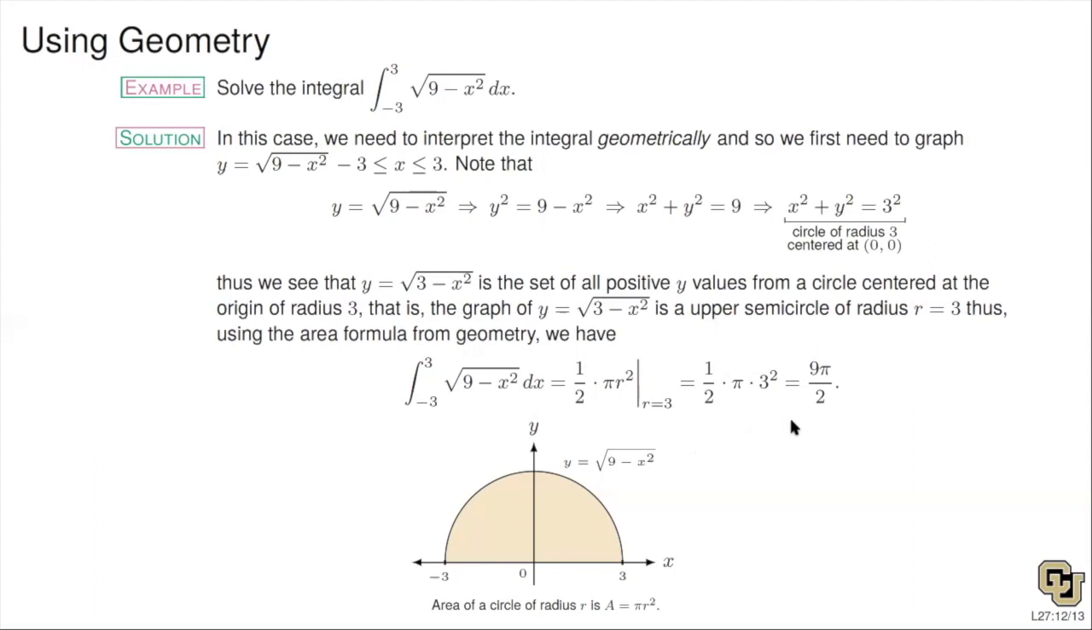So I've got one more example to do, but my time is up. So I'm going to stop right here and I'll do that last example on